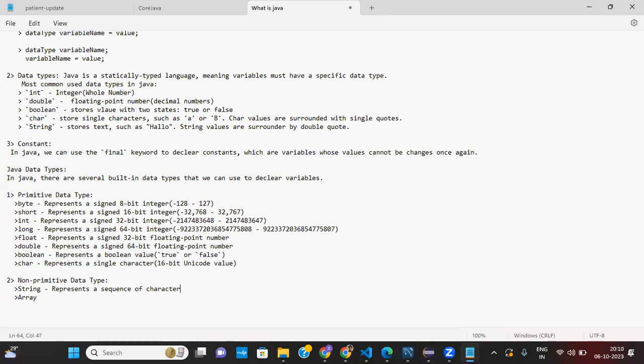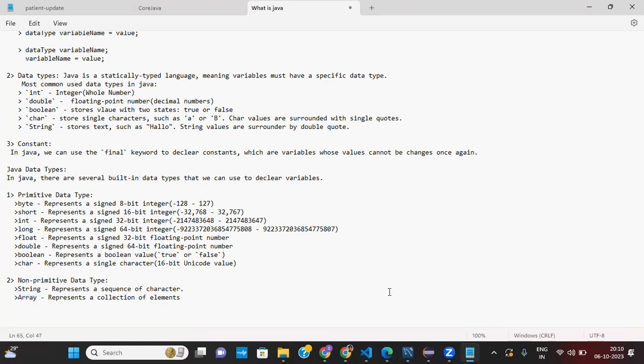Array represents a collection. In case of an array, whatever the values are, we don't call them values, we say those are the elements.